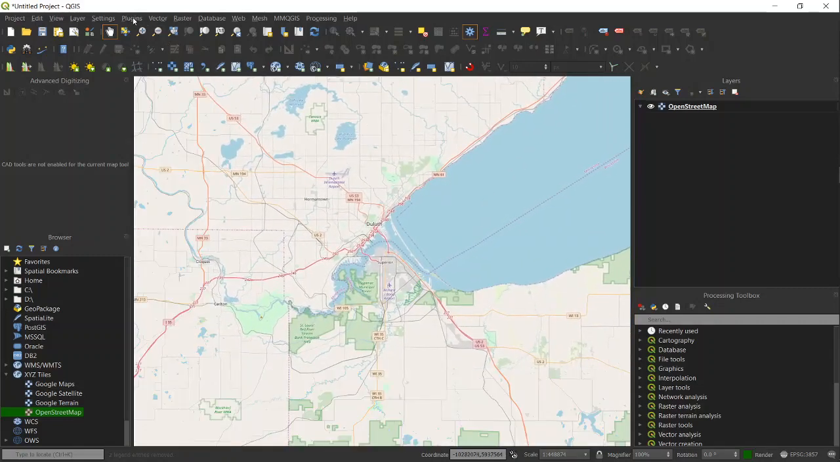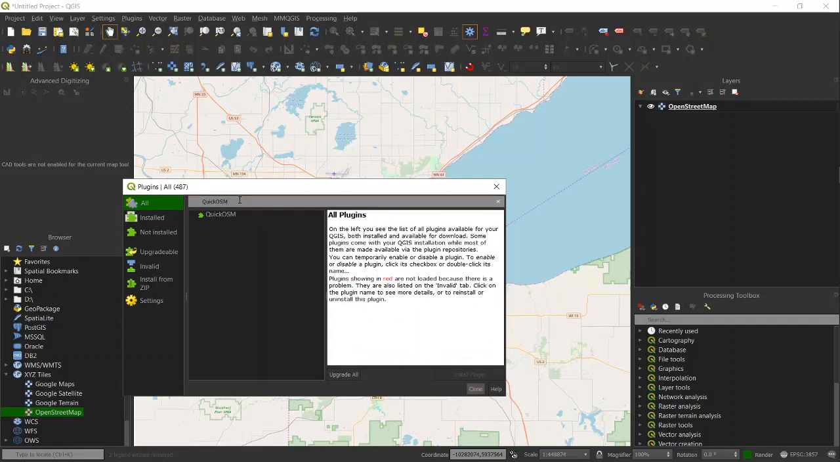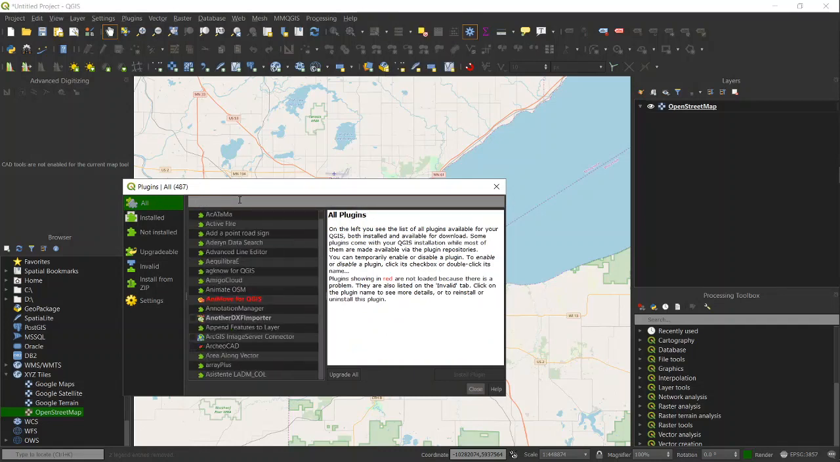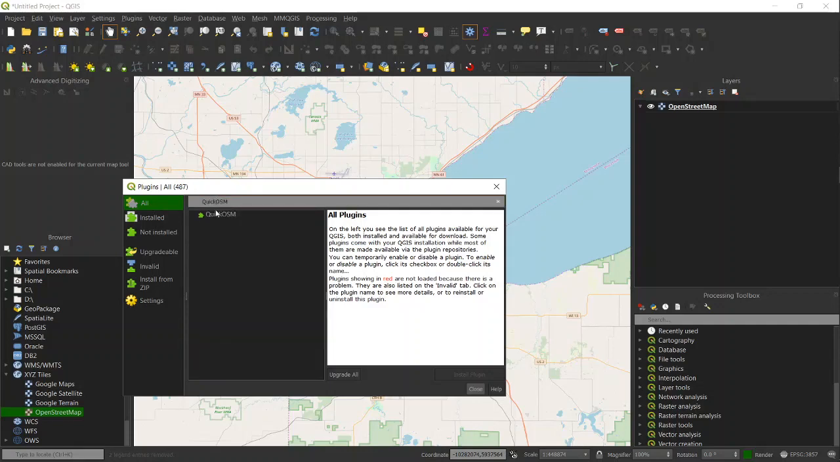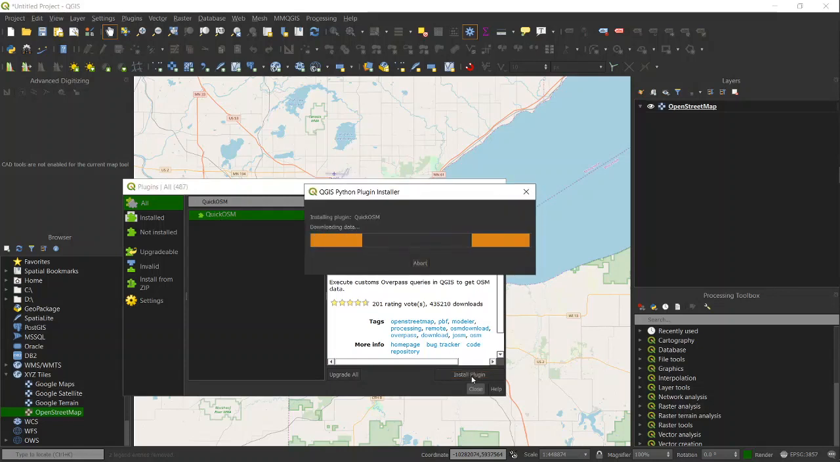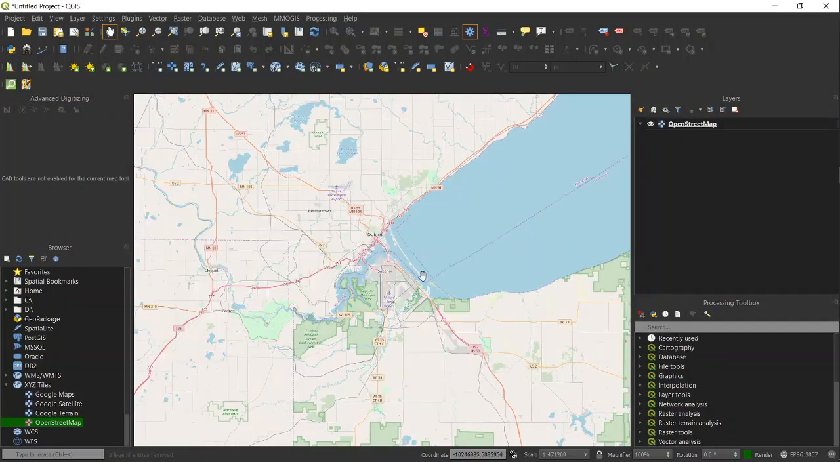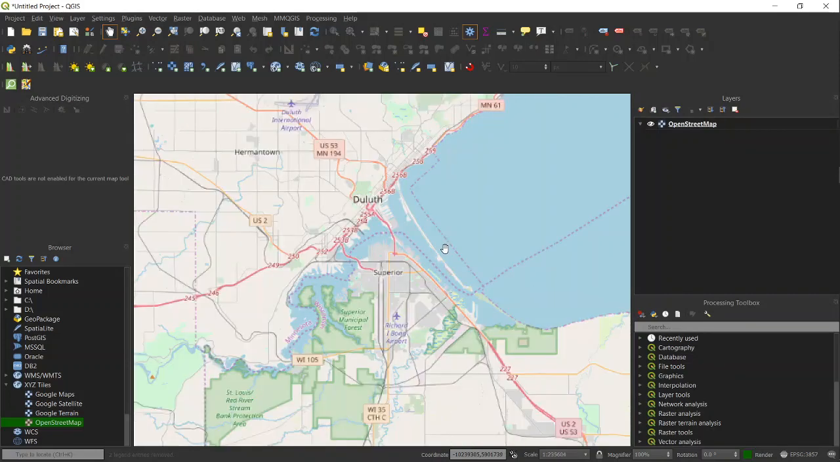And I will go to plugins, manage and install plugins. You're going to want to go to all, make sure that all is selected, and then you type QuickOSM, select QuickOSM, and install plugin. It should take a couple of seconds to install, and then you are good to go. So then you close out of that, and what we're going to do is